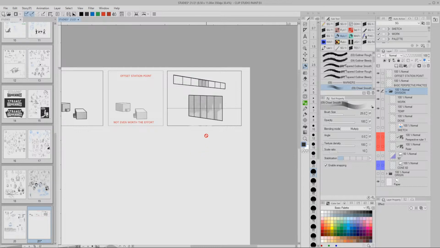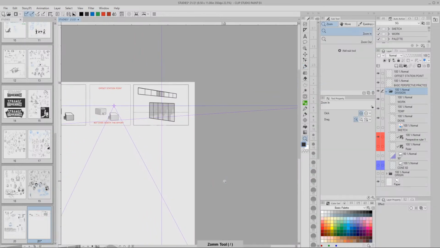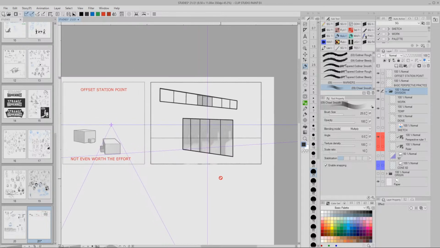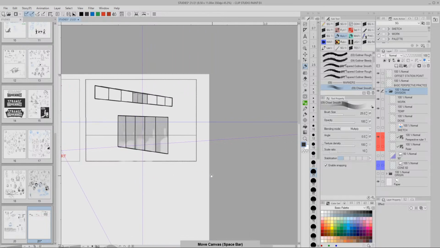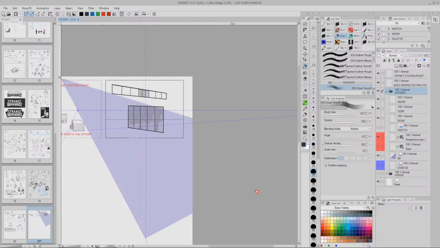So, the last time we looked at this, our perspective ruler was on because you have to have your perspective ruler on in order to use it. You don't have to have a perspective ruler on in order to do perspective. But if you're going to use Clip Studio Paint's perspective ruler, you can't have it invisible, which would be good if you could, but you can't. That's my point. So, what I did was I have this set up and I have my, what I call